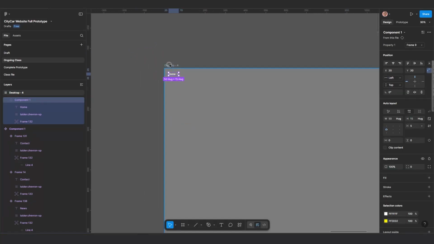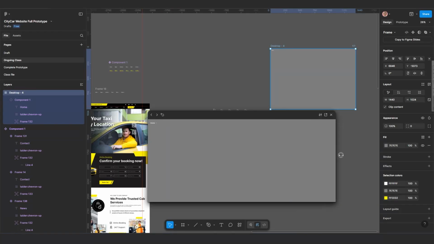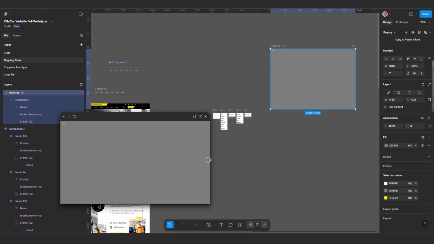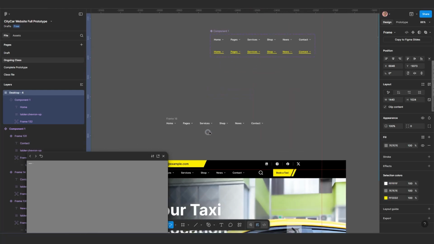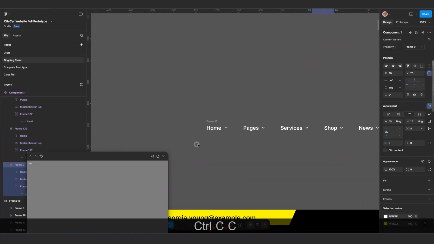Okay, you select the desktop and then press Shift spacebar to preview. It's relatively small right now, so you can extend this one to see it more. When you hover on it, you can see the way it's appearing there. It's nice and I like it. It's working. The next thing we do is to now select this man here, Ctrl C, and come here to